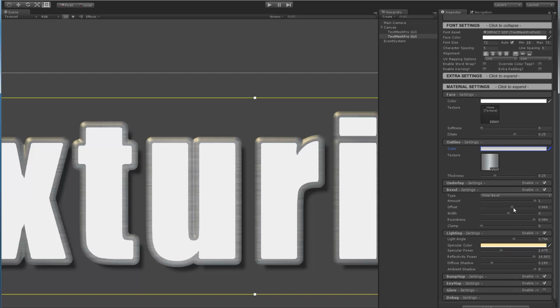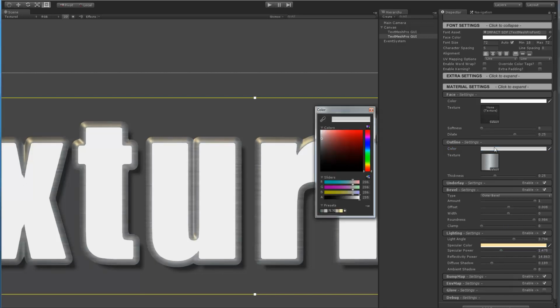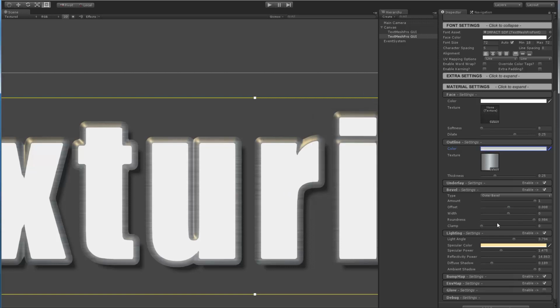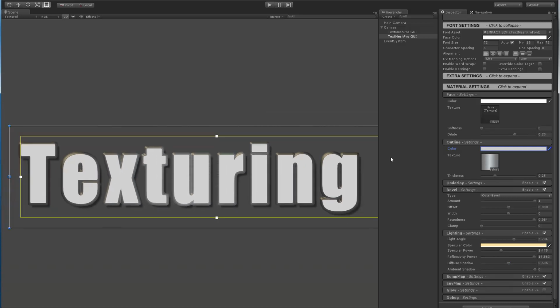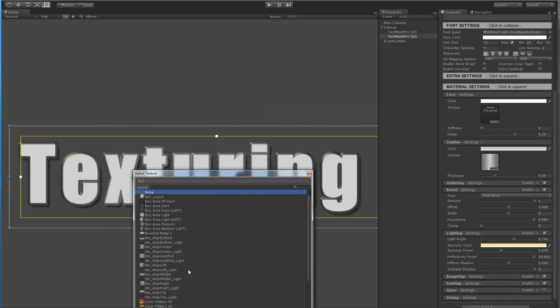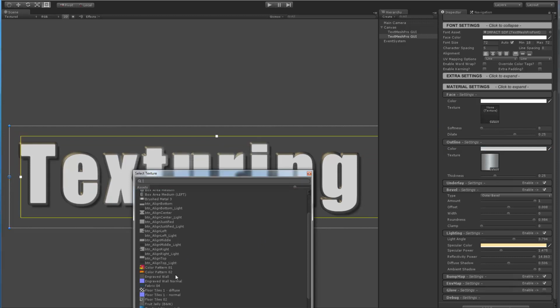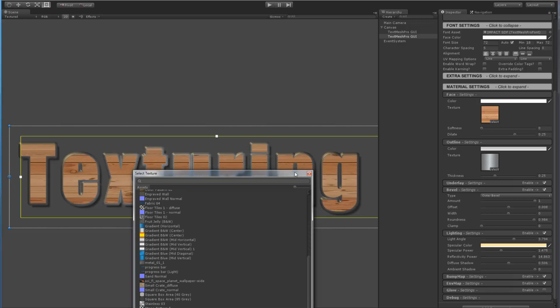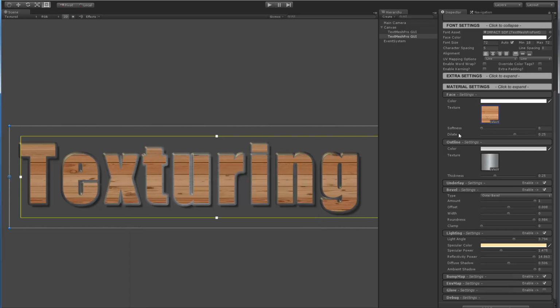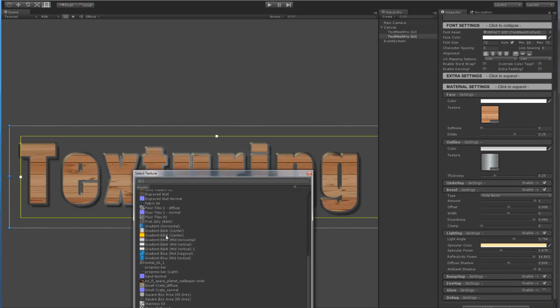And let's play with this. That's better. Might still be a little bit too bright now. So we'll tweak it this way. Close enough. So now let's apply a texture to our face. I'm going to pick just a normal texture to show what's going on. So I'll pick this wood thing. Actually, bad example. I'll pick this